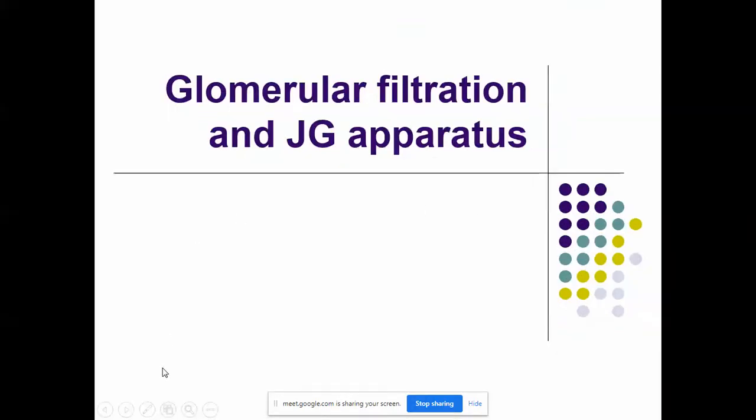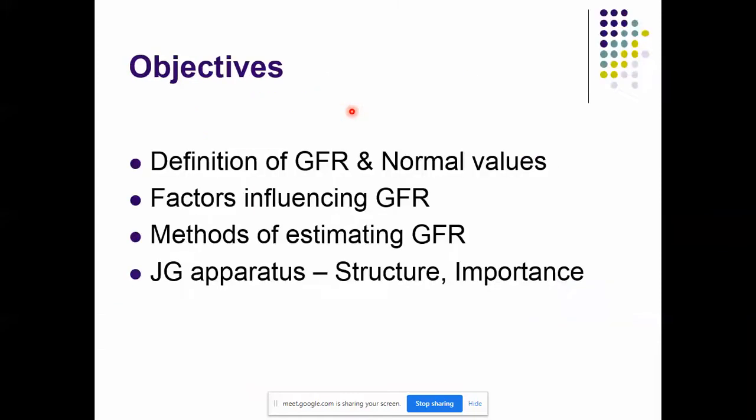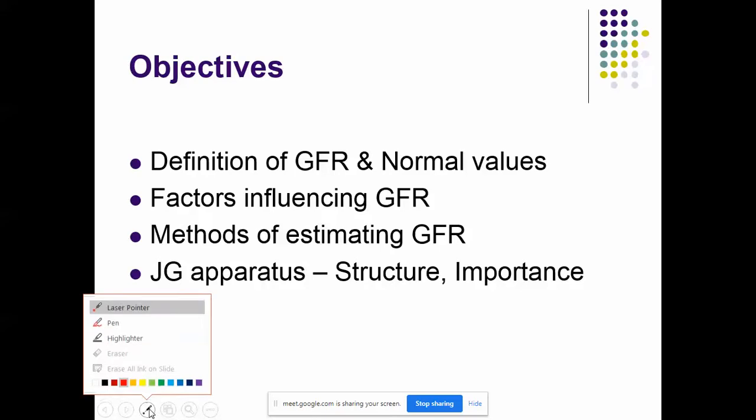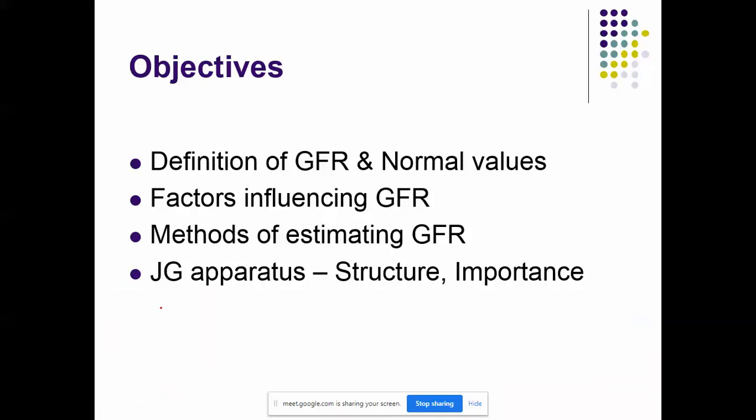If you have the latest PowerPoint version, the advantage is, if you see at the bottom left side, there are a few options. When I click on this, I get a laser pointer. It's really useful when we are trying to explain something to the students. This laser pointer really helps. Or if you want to write something, just choose the pen. So you can show some structures using the pen. Of course with a mouse it's slightly difficult. If you have a pen attached, or the latest touchscreen laptops, or even your phone with a stylus, all those things can be used with more comfort. This is one way of doing it.